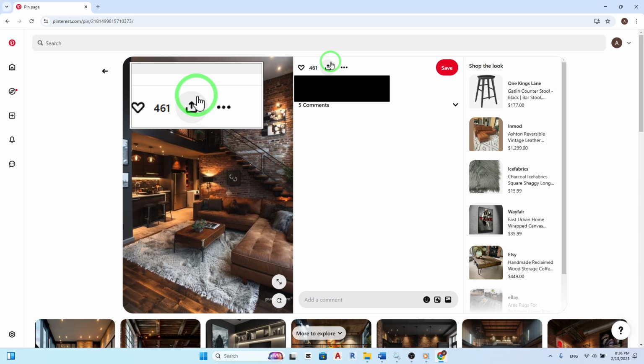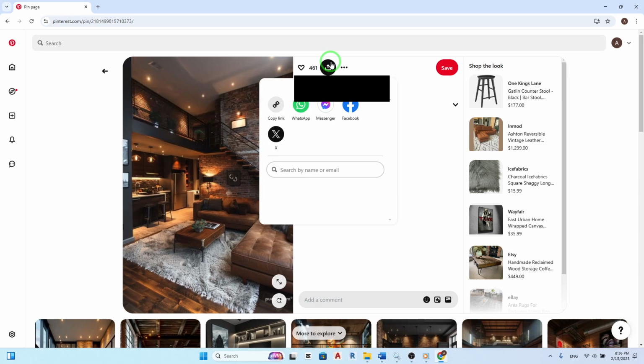Give that share icon a click, and a range of sharing options will pop up. Here's where you get to choose how you want to spread the Pinterest love. You can directly send the pin to specific Pinterest contacts. Alternatively, you can share it on other social media platforms like Facebook or X, formerly known as Twitter, by selecting